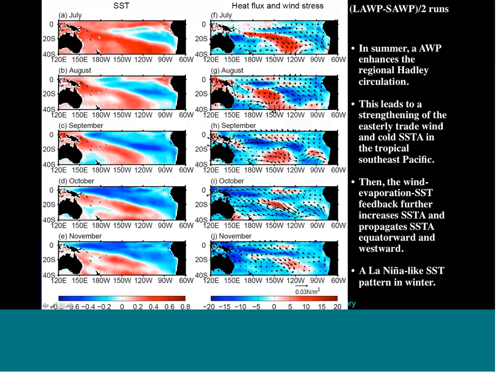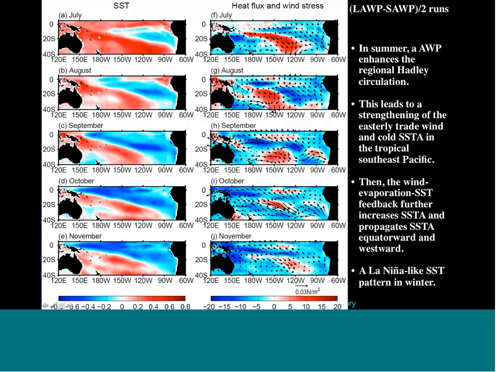For example, during August, the southeast wind anomaly is stronger, and this stronger southeast wind anomaly increases evaporation. This increased evaporation further increases the cold SST over Southeast Pacific. This feedback is the so-called wind-evaporation-SST feedback. And this feedback repeats and continues to the winter. During wintertime, the tropical Pacific SST becomes colder. So the point here is the summer warm pool induces the cold SST anomaly during winter over the tropical Pacific Ocean.